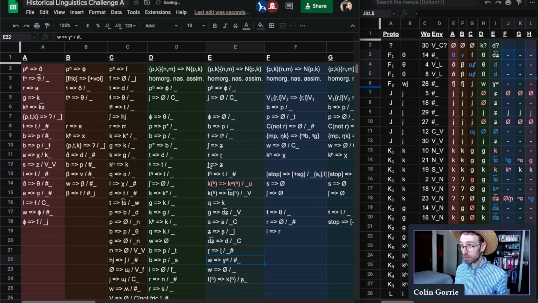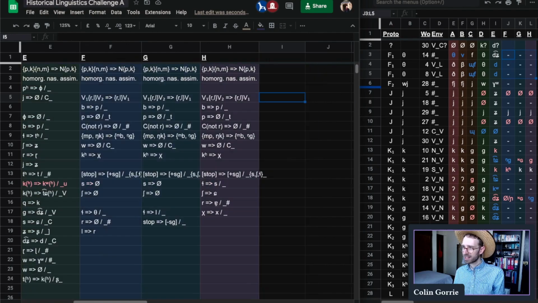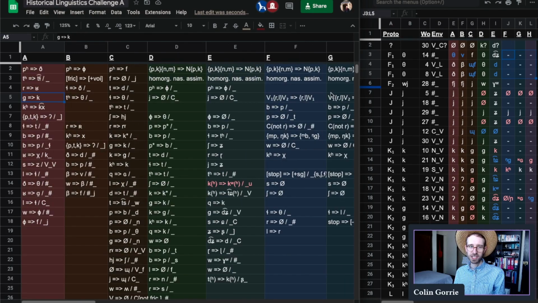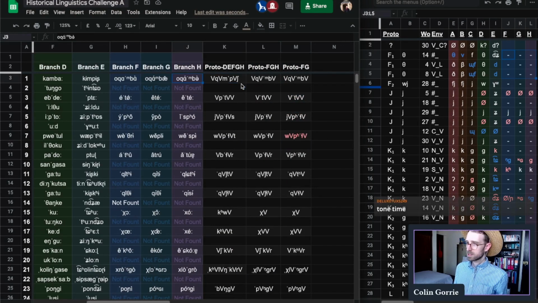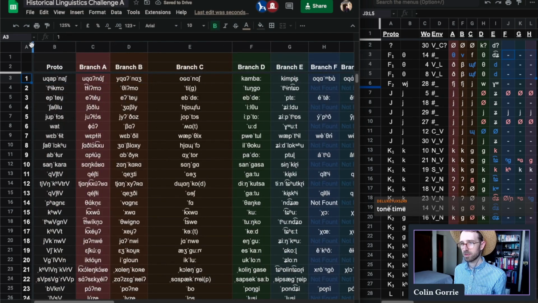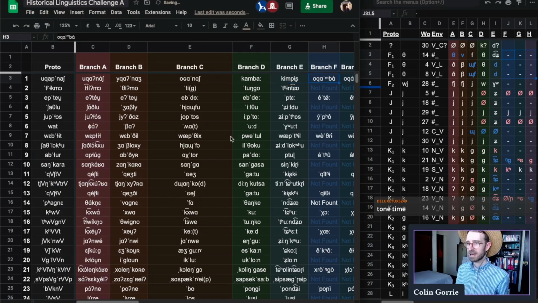Okay, so what's next? What next do we have to look at? Oh, I want to talk about tone. So now that we've reconstructed a bunch of the language, I think we can go back and revisit FGH and look at the tone situation. So I've made some reconstructions of intermediate stages. Sorry, let's get our reconstruction fixed over to the left.